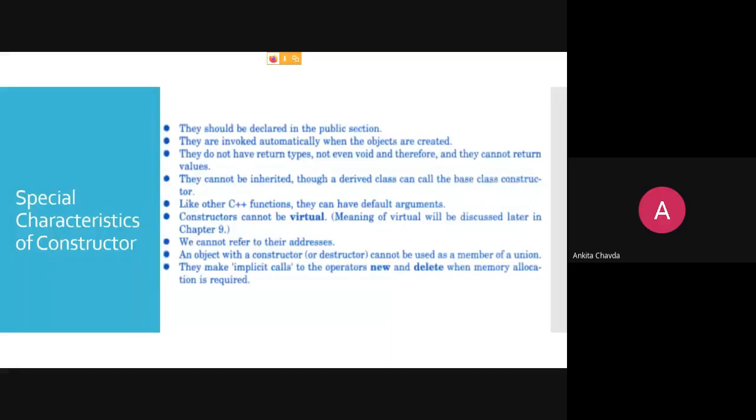Then they can make the implicit call to the operator new and delete when memory allocation is required. So here automatically there is an implicit call to the new operator. Why? Because whenever there is dynamic initialization through a constructor, the new keyword is there.